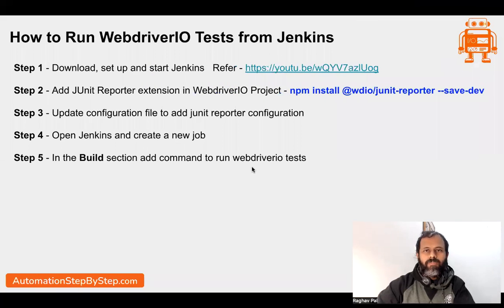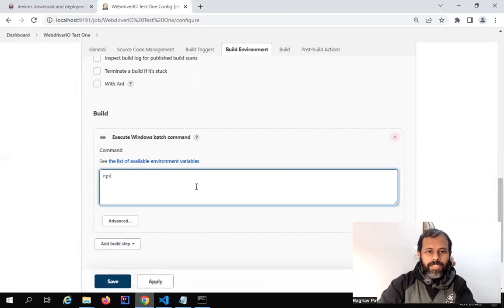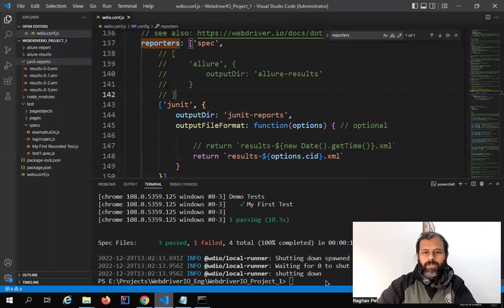So this is our step number 5 we are doing. On the build section, we have to add our command to run our WebdriverIO tests. So if I say here npx wdio, this is the command to run our tests, but here we also have to inform on which folder exactly we have to run this, because when we were running it from our terminal in VS Code, if you see here, our terminal,